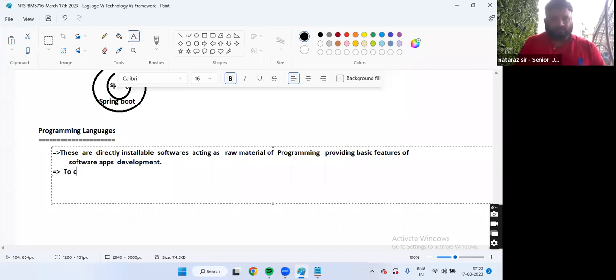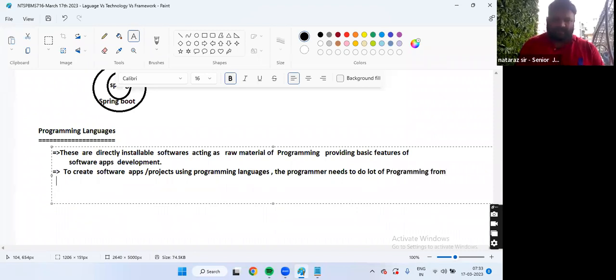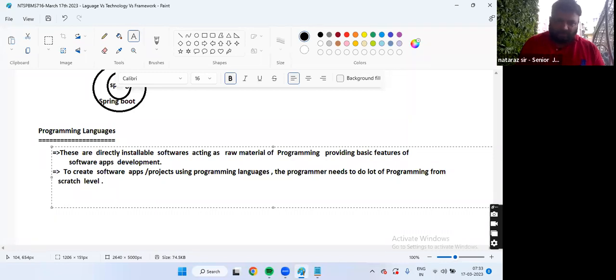To create software applications or projects using programming languages, the programmer needs to do a lot of programming from scratch level. So this increases the burden on the programmer.